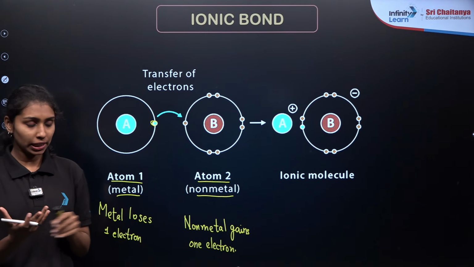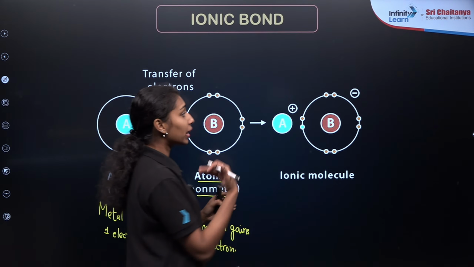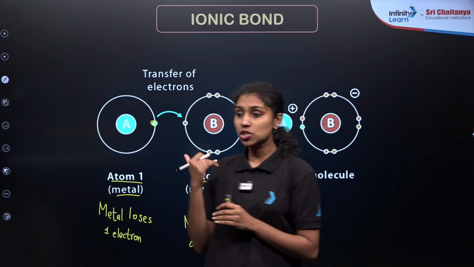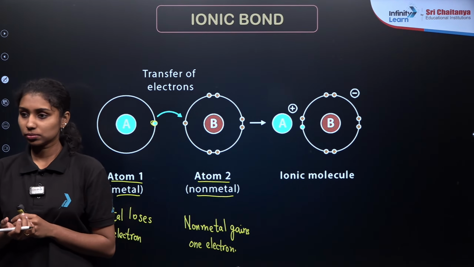Those that lose electrons will get the positive charge, and those that gain the electron will get the negative charge. So that they are forming the